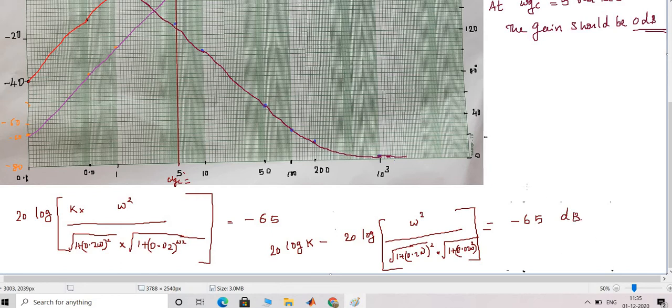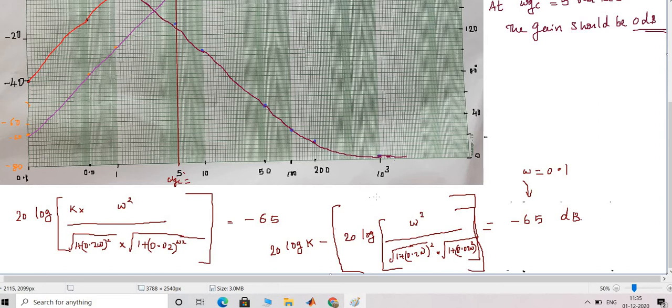So what is minus 65 dB? Minus 65 dB is the decibel at omega equal to 0.1, right? Because from the graph we can see that at omega 0.1 the magnitude in decibel is minus 65 for the new magnitude plot at which omega GC is equal to 5 radian per second. When omega GC is 5 radian per second for the new magnitude plot, when omega is 0.1, you can see that at this point corresponding to omega 0.1 the magnitude is minus 65. So this part,